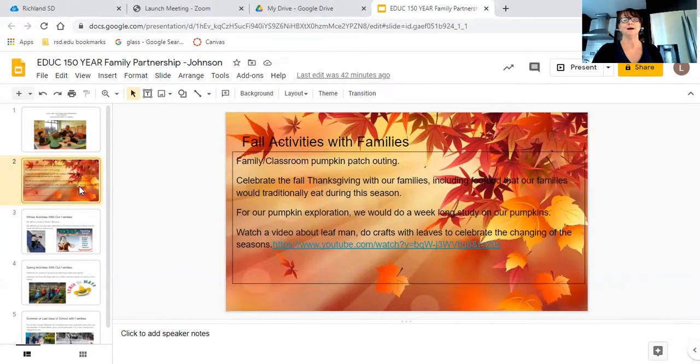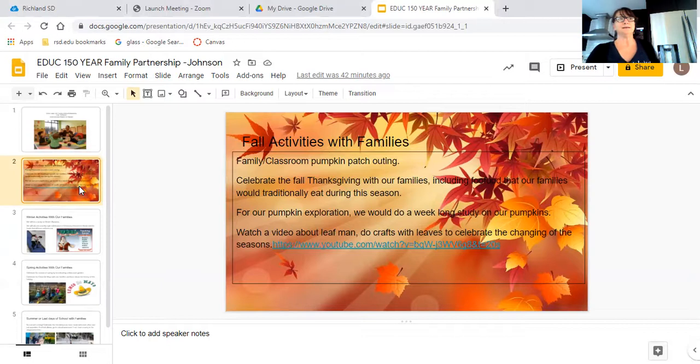volunteers, sign up. Then we could do a whole unit study on pumpkins and measure them and weigh them and look at the insides and really get the feeling of what happens with a pumpkin. There's so many things you can do with pumpkins. And so that's a great segue into fall activities. We also talk about the seasons changing, and with fall, the leaves are changing. So I attached a video about Leaf Man and where the leaf goes. And then you could extend that also into leaf projects, making leaf crafts and things like that.